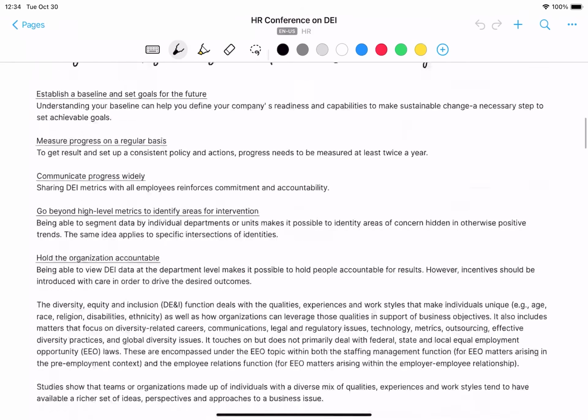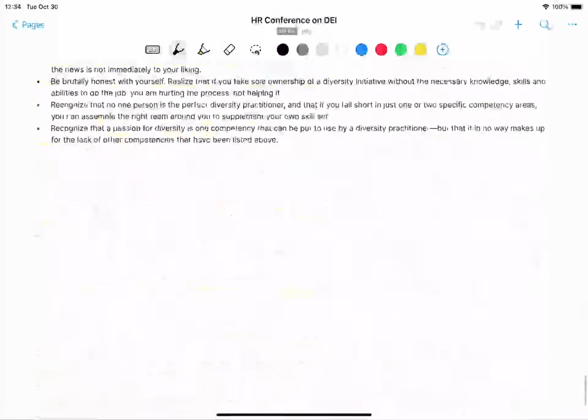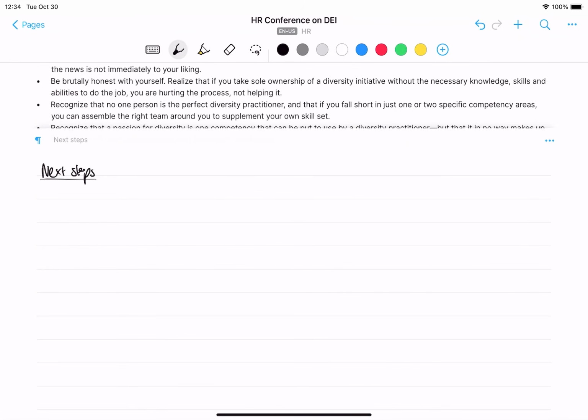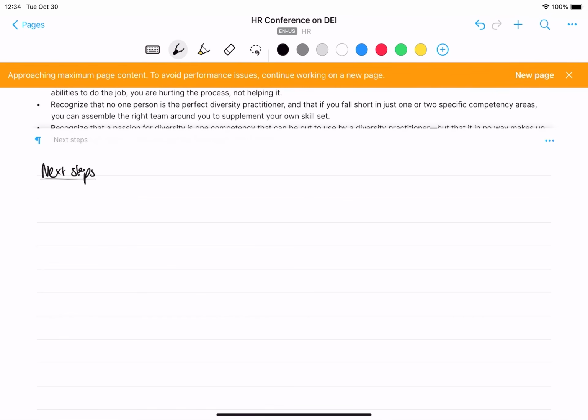While it's possible to create long notes in Nebo, your device needs to be able to process the notes you create. So please keep in mind that long notes can cause performance issues.